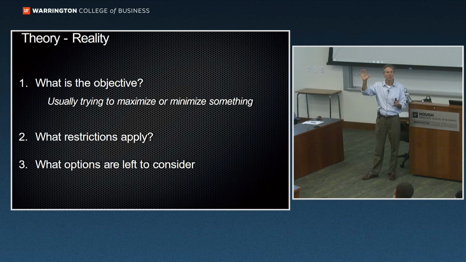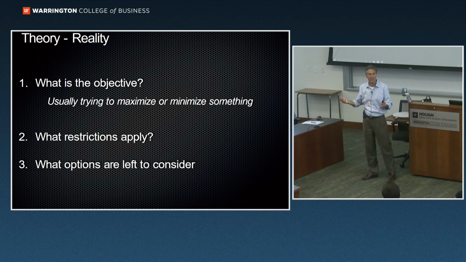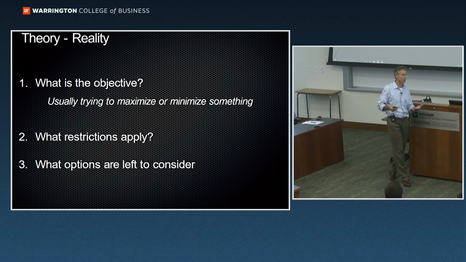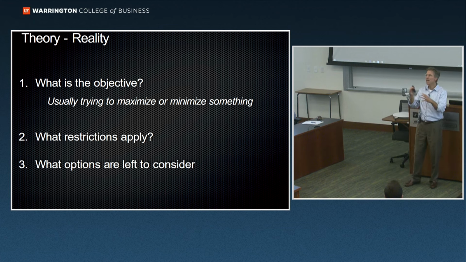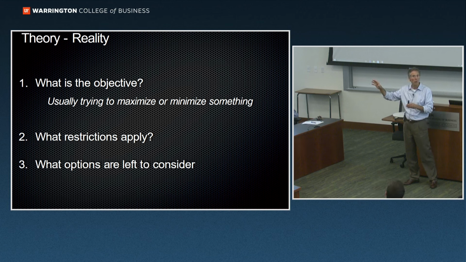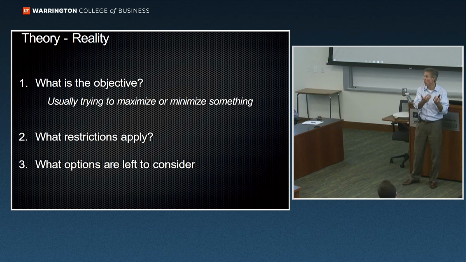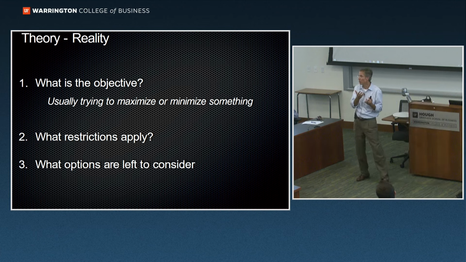Same thing with portfolio construction decisions. You may not be able to go short stocks. You may not be able to lever the portfolio. There may be some sort of regulatory restrictions as to the type of stocks you can hold. So any number of variables may need to be reflected in this utility function that we're going to talk about in a second, in order to make the problem as real world as possible. That's the key. You really want to make the problem as real world as you can. And then at the end, it leaves you with the remaining options to consider from there.